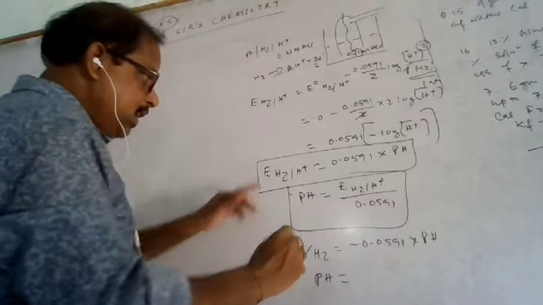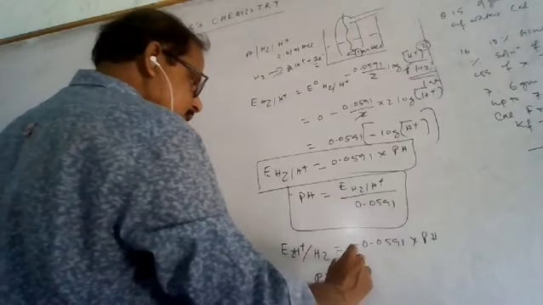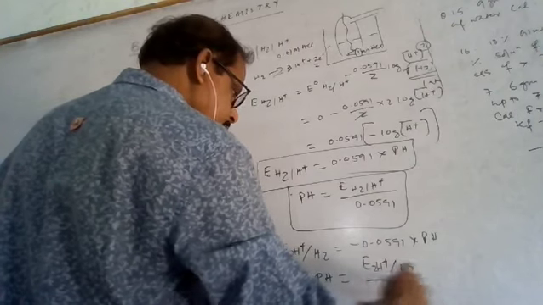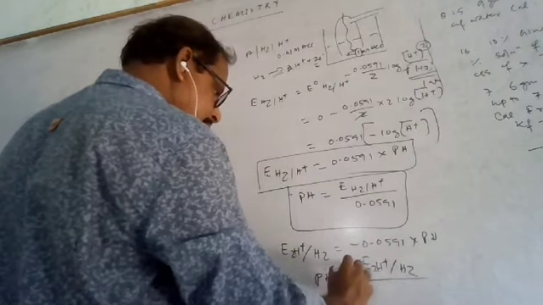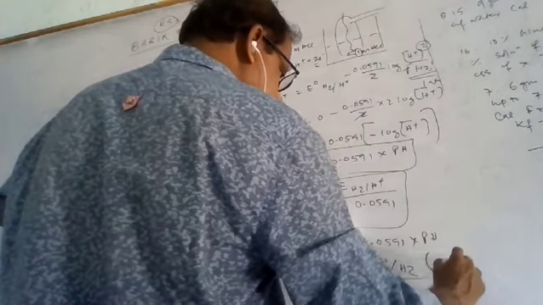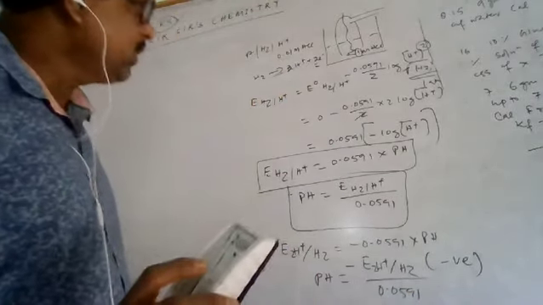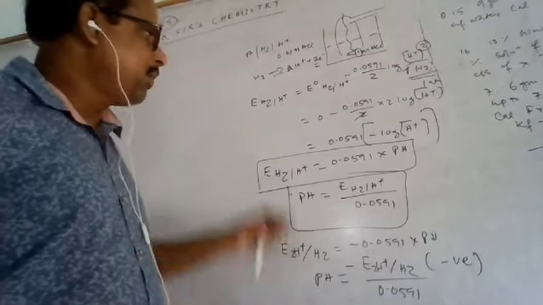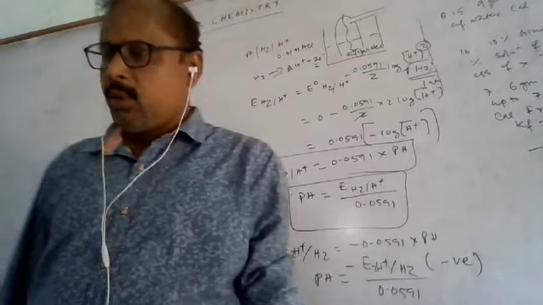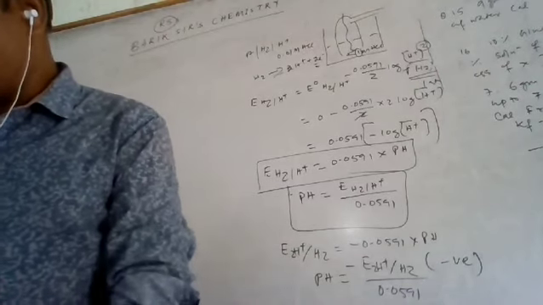Remember this change: if it is hydrogen to H plus, it is plus. If it is written as H plus to H2, then the pH is equal to E of 2H plus to H2 divided by minus 0.0591. Because this value is normally given as a negative value, the negative will be cancelled and a positive comes out. This way the pH can be determined for the SHE, and for any electrode the pH can also be determined.